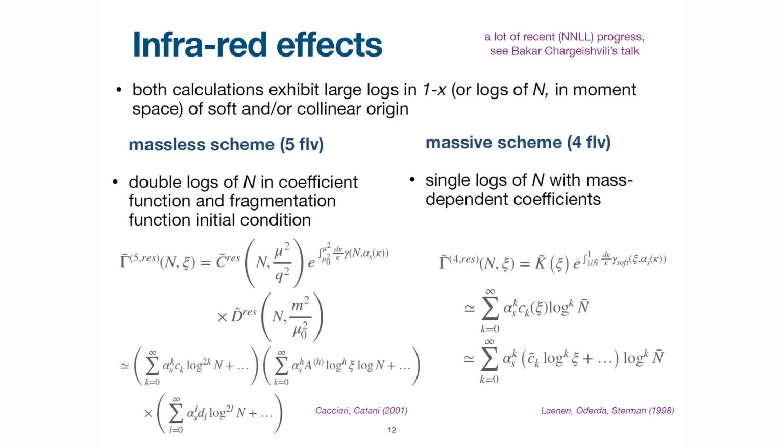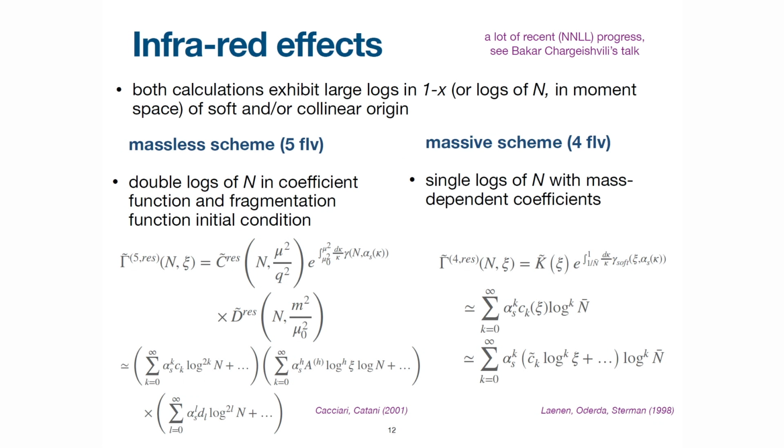The mass acts as a regulator of the collinear singularity, so you have log of the mass, log of n for every power of alpha s. You see already, what we would like to do is, in the same way FONLL allows to match fixed order in the massive scheme to the massless calculation with the resummation of logs of the mass, we would like to do this matching also including the resummation of logs of n. So that this is resummed in n, this is resummed in n and m, and you sum them together.